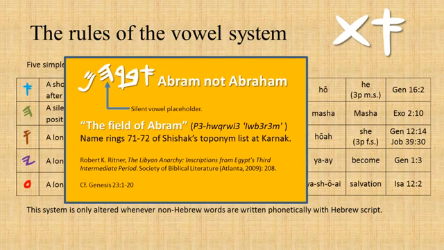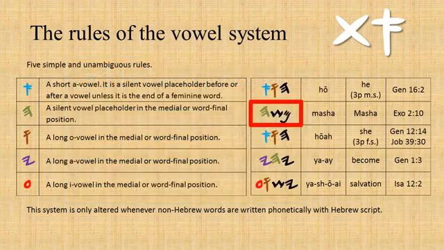The inclusion of the letter Ha in his new name only changed the meaning of Abram's name. When Abram bought a field in Canaan, he was going by his new name. This field is actually mentioned in a monumental Egyptian inscription of the 10th century BCE by the pharaoh known as Shishak. It is called the Field of Abram, not Abraham. Thus, the letter Ha is only an orthographic indicator within Hebrew words. The only time you ever actually hear it as an aspirated consonant is when it is the first letter of a word.